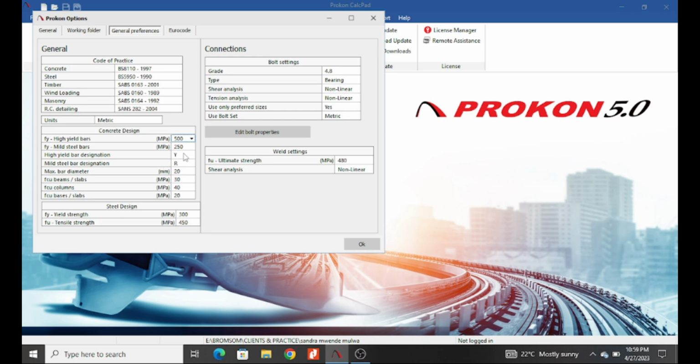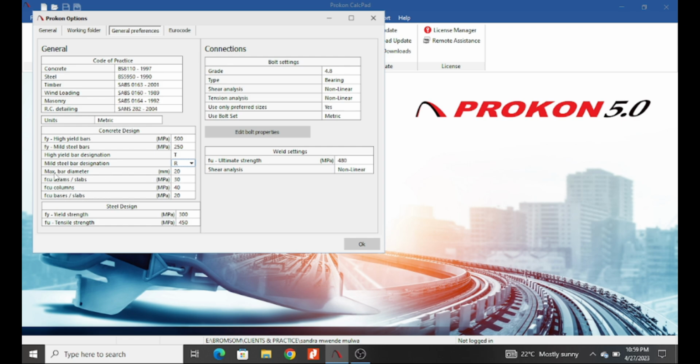So you can see how they are designated here. Actually, when we were twisting the bars, we used to call them Y, but nowadays we refer to them as T. So you also have these round ones as R, and they are normally used in the design of links that are used to tie columns, beams, or any other elements.